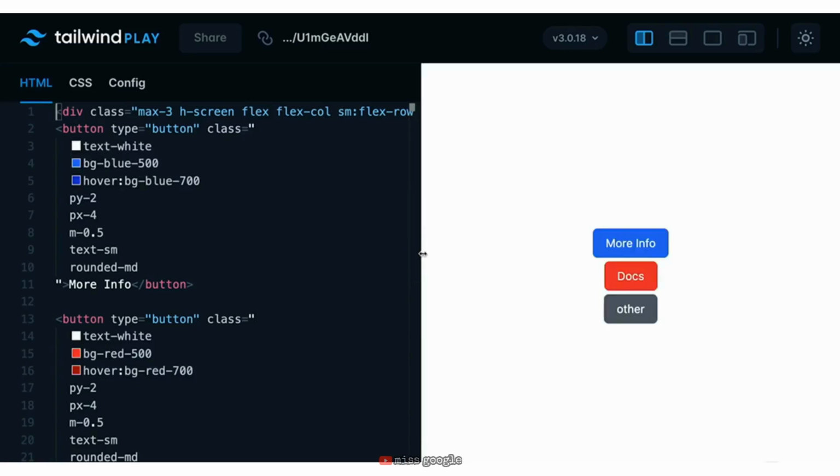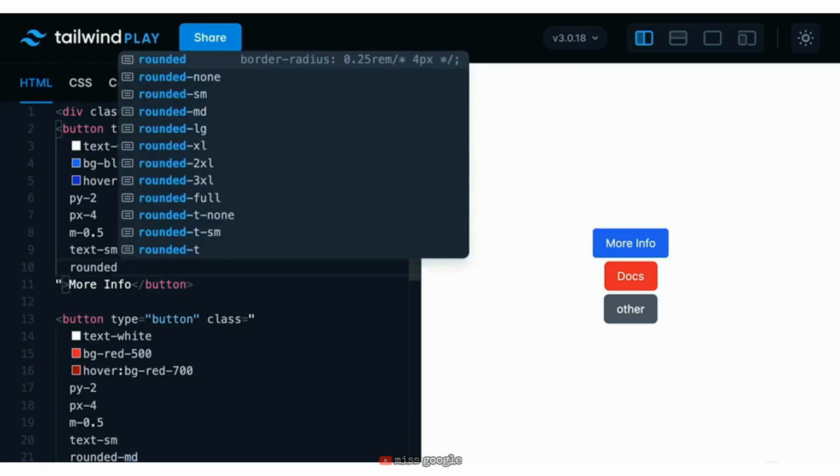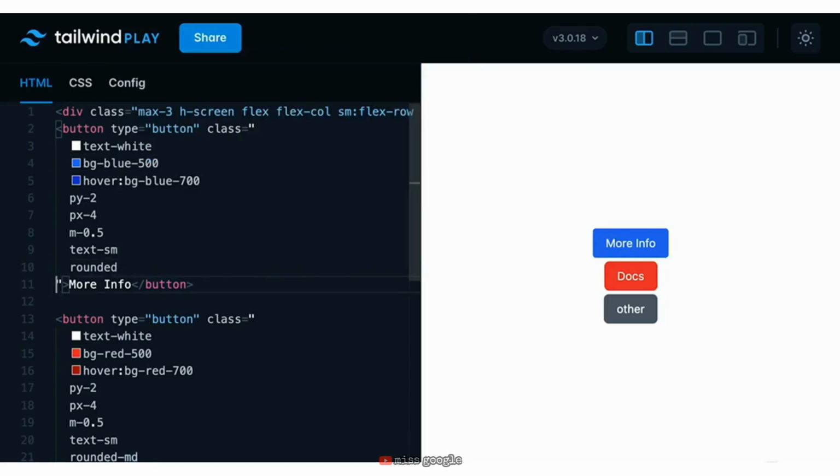For example, I've created a sample set of buttons here, and you'll notice that I have these first two buttons right over here, and they both have very similar sets of classes. I have some differences in the colors. This one has a blue background and this one has a red background right here. And all these other ones are exactly the same. If I had a bunch of pages with a lot of different buttons, and I suddenly decided that my buttons should have, say, a different rounded border edge, say I wanted to change this from rounded MD to just rounded, I would have to find and replace all the instances for this all over the page,